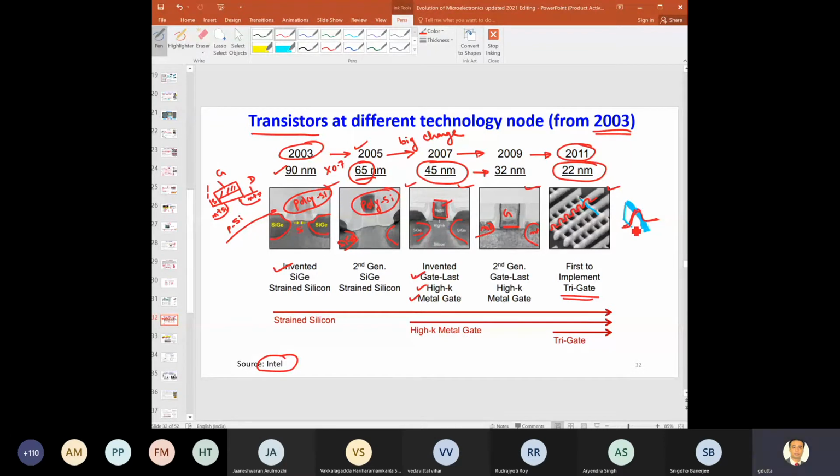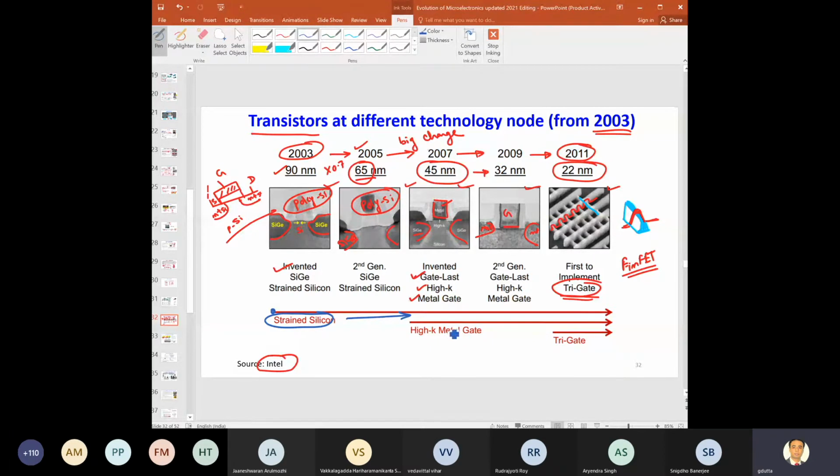So you can see here tri-gate, because here is one gate, here is one gate, and this side is another gate. It is a tri-gate. Intel termed it a tri-gate device, whereas some other company, with the same architecture, has termed it FinFET, right? Okay. So the important thing is that from this node onwards, strain silicon technology has been introduced.